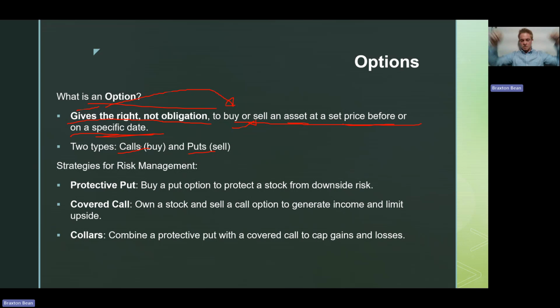So if you believe that a company is going to go up in value in the future, you want to buy the right to buy an asset at a certain price at a certain date. If you think something is going to go down in value, for example, you think Tesla next week or in 6 months from now is going to be worth half as much as it is,